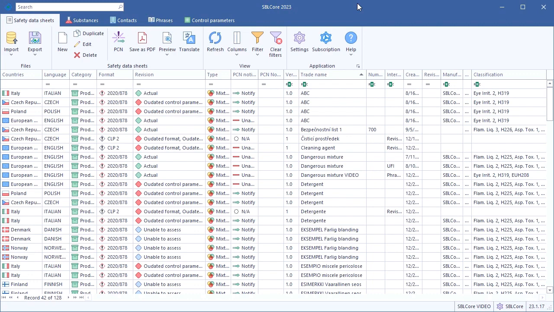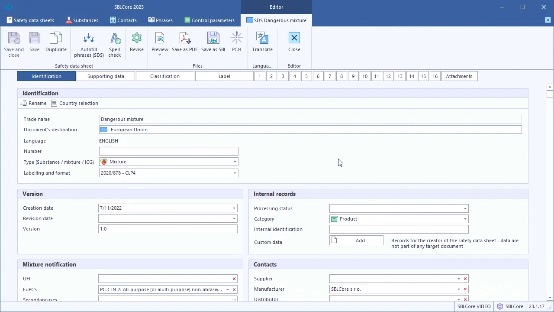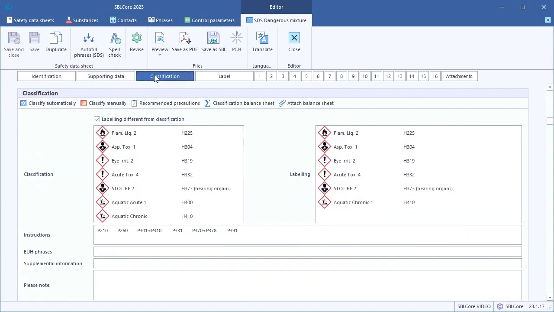In this video, I will learn how to work with the classification balance sheet in SBL Core. It contains detailed information about the result of the automatic classification of a mixture. For manual classification, the software does not perform the balance sheet. I already learned how to classify in the video called Classification Calculation, where I also got the resulting classification of